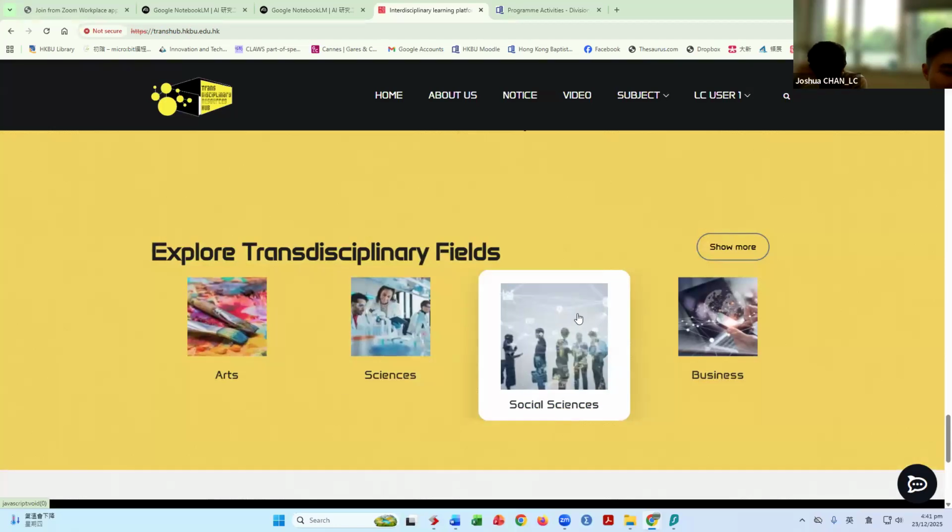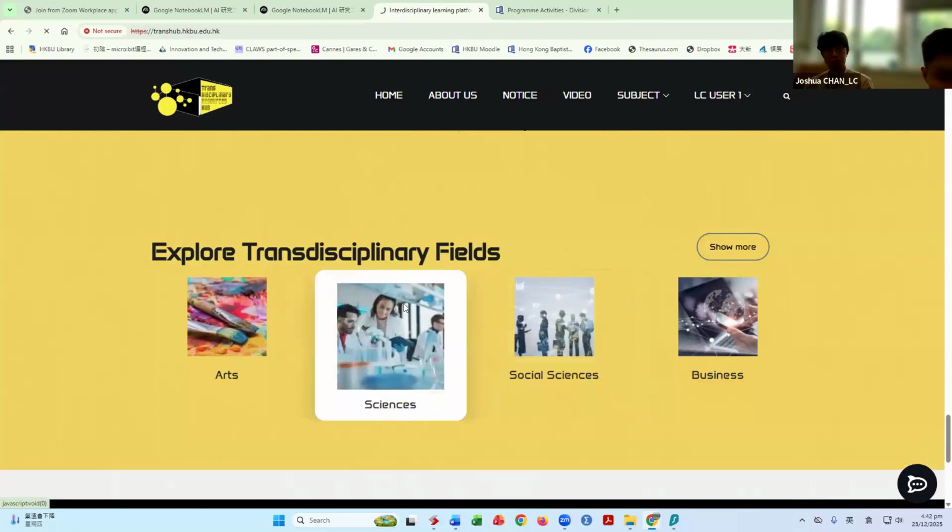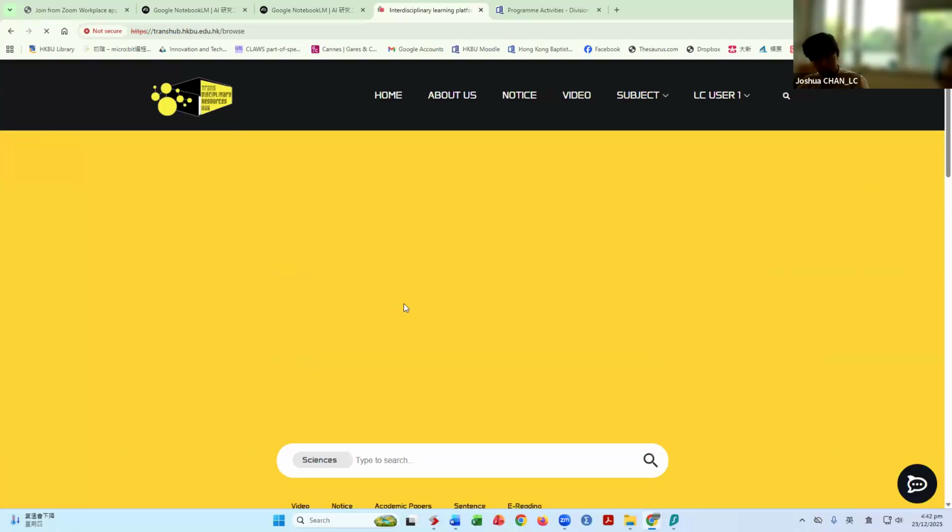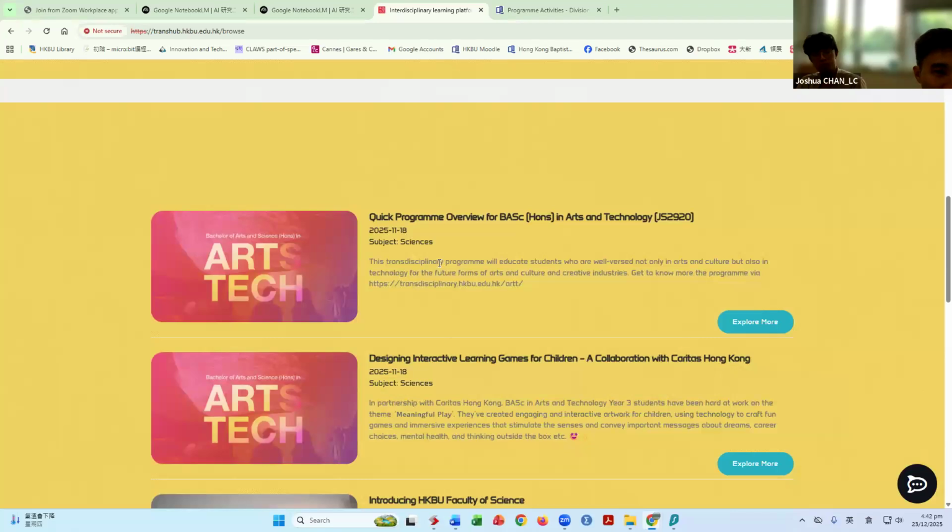The idea is that we create a lot of these different spaces in order to feature news, articles, reading materials, and learning materials that teachers want to share with students. People outside can also see them and download them. Okay, so these materials are for the public, all right?